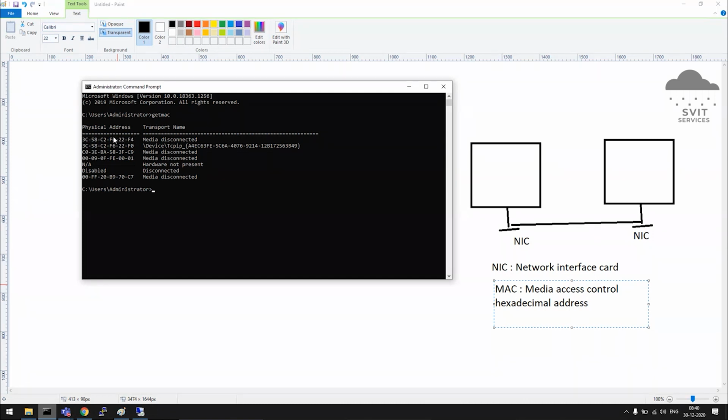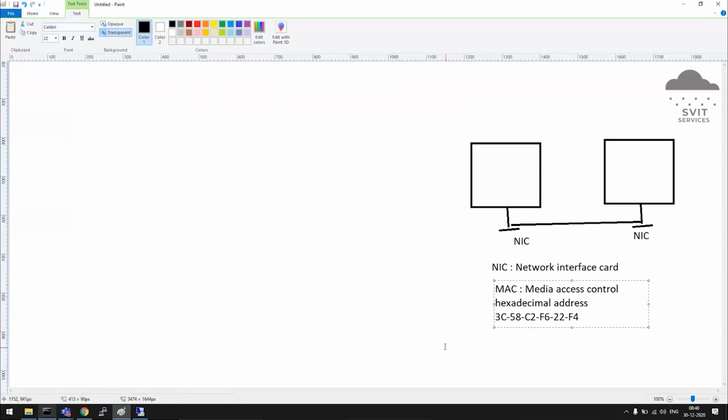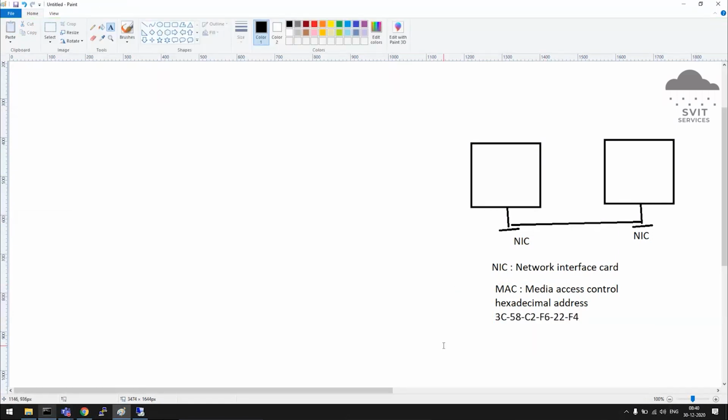Okay, so this is the address. It will be like this. Who has entered this address to that respective adapter? It is from the manufacturer itself.